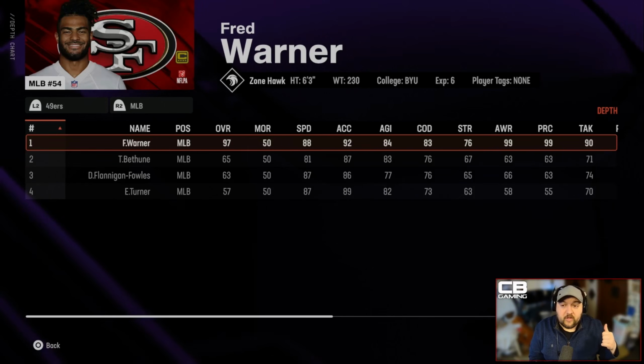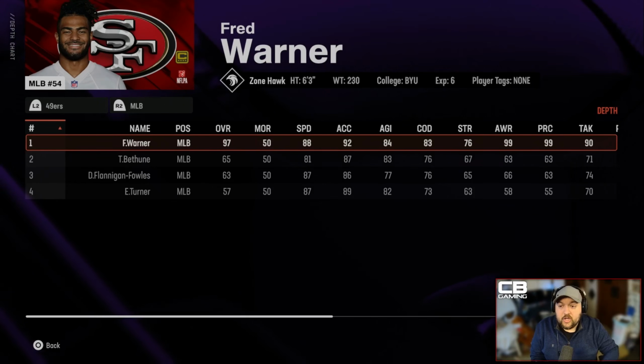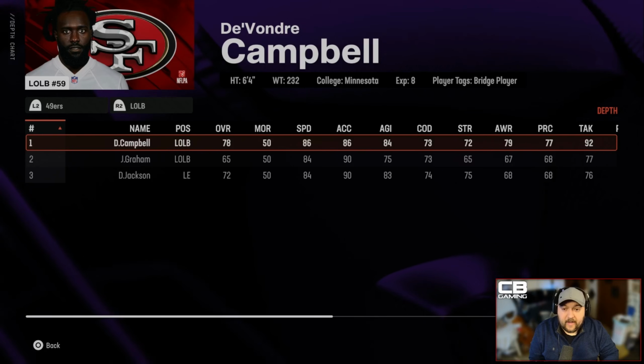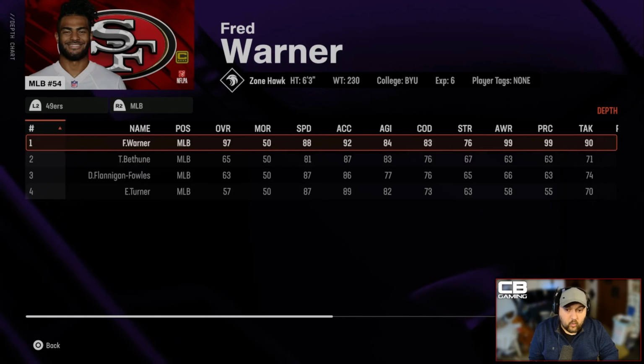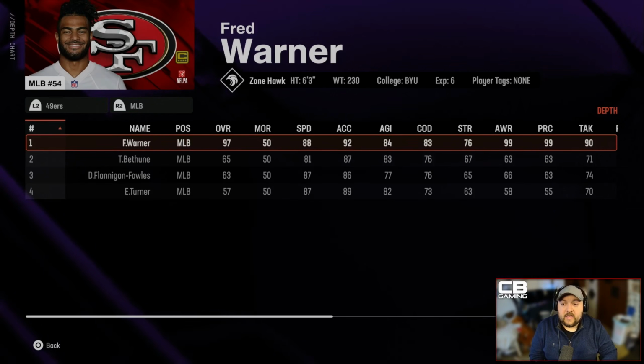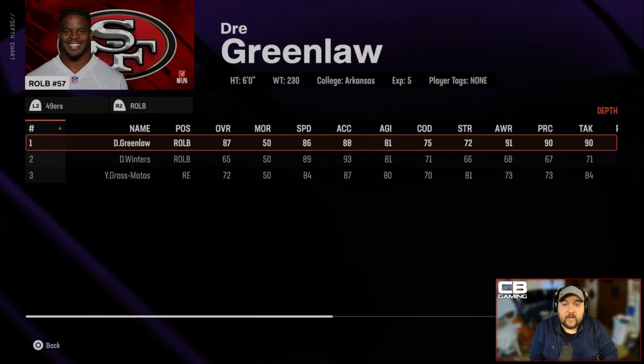And when you go over to the 49ers here, who run a 4-3 instead of a 3-4, you will see that their outside linebackers are much different. Devontae Campbell is 232 pounds. He's a little bit quicker. He has the ability to drop into pass coverage into zone. Fred Warner, very good off-ball linebacker. He's fast. He knows how to play coverages, and he can help in the run game. Same with Dre Greenlaw. So a very different type of player, but they are still in the same positioning because